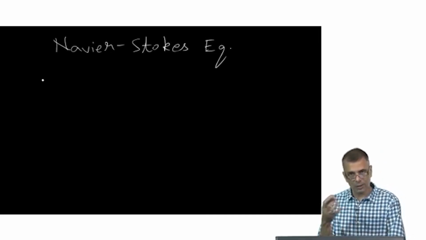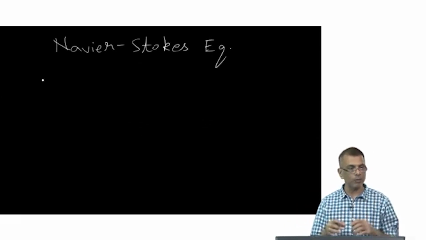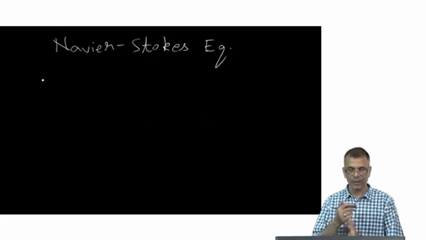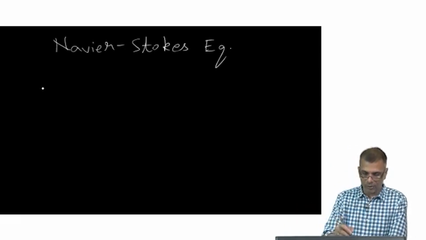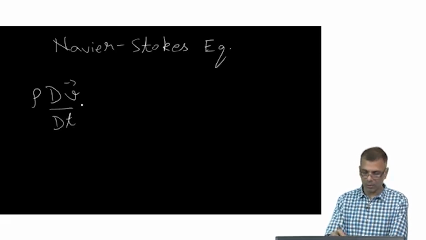In other words, if you recall, the Lagrangian framework is one where you are sitting on top of the fluid parcel. Remember that, right? So, in terms of the Lagrangian framework, the Navier-Stokes equation is simply rho times ma,